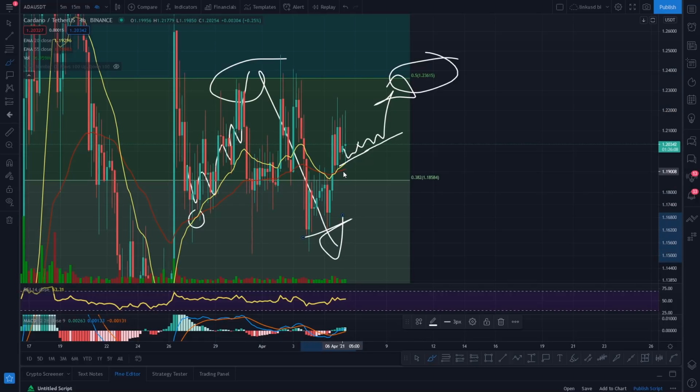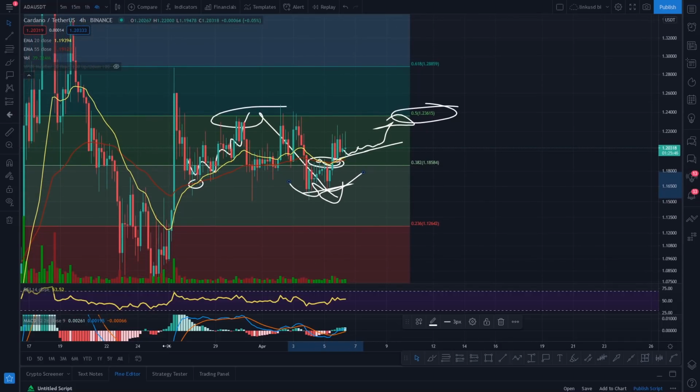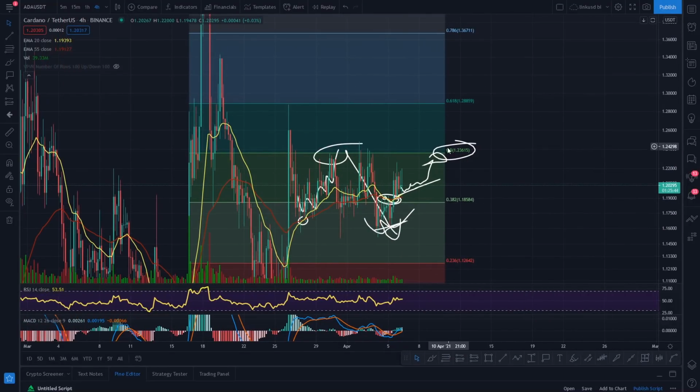But this is good, you know. I've not seen many charts that do that, where they get the bearish cross and then the bullish cross straight after. To me, that just shows that it's very, very strong. You know, the bulls are not letting this go down without a fight. So that's Cardano. Do stay tuned. It looks golden for a test at the 0.5 anyway. Hopefully by tomorrow, I've filmed, you know, that this is gone live, and tomorrow's video we're talking about it getting through the 0.618, or it's actually just